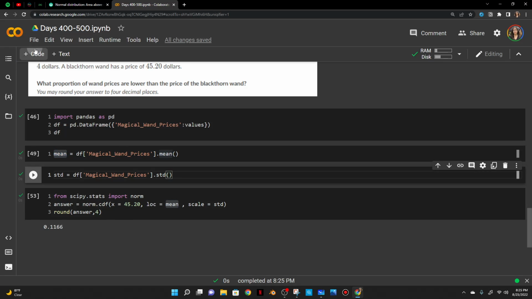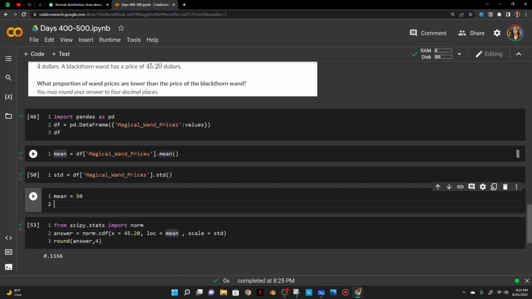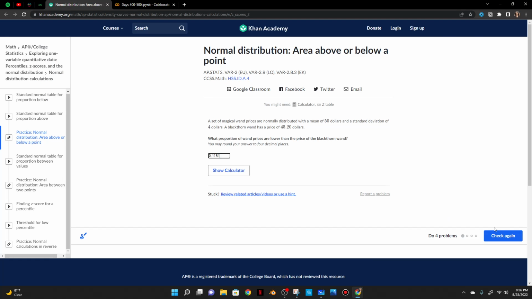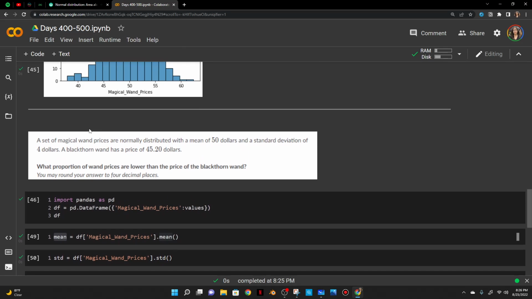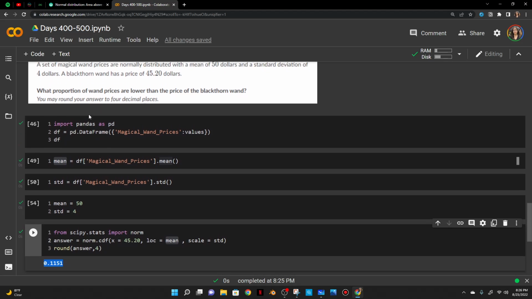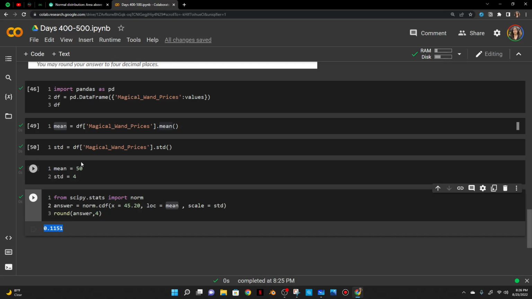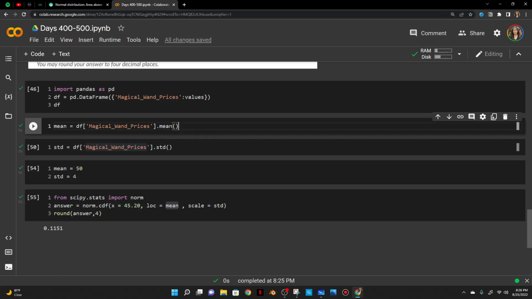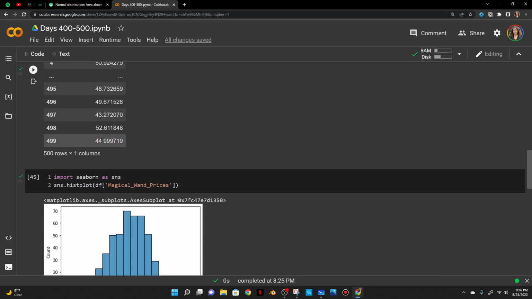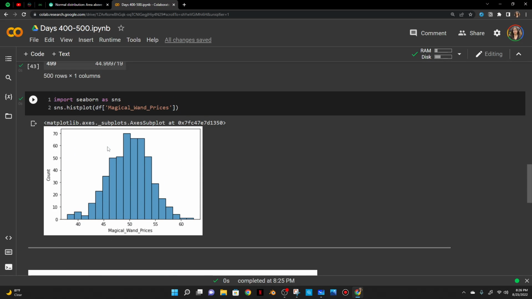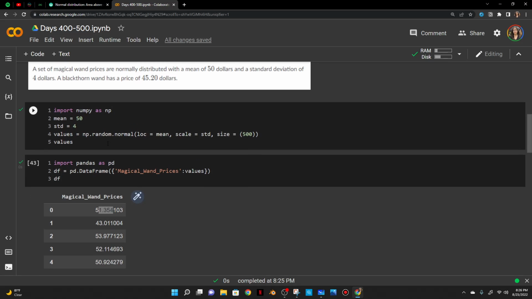What if I do mean equals 50? Standard deviation is equal to 4. And then put that in there. There we go. Okay, so just to keep in mind, I guess you have to actually use the exact values. But yeah, it still would be right with the mean and standard deviation that we have here. So now that I'm thinking about it, it's not going to give you exactly, maybe I should round, right? Maybe I should always round to, what do you call it, to the